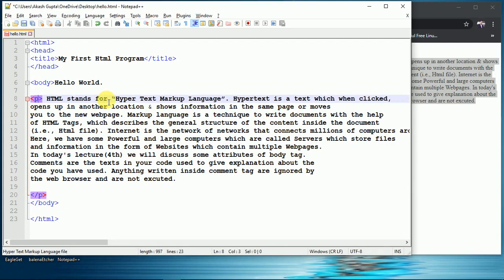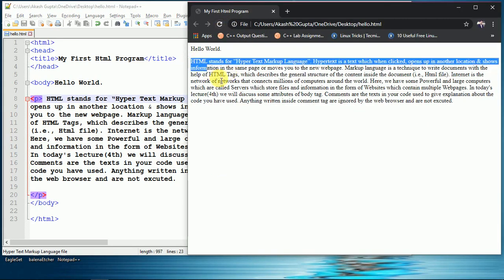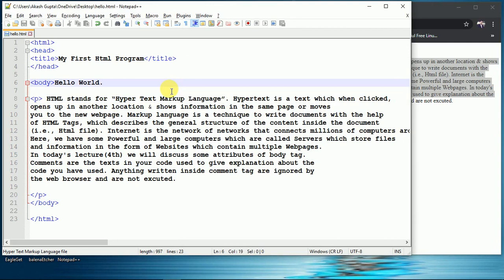So let it be as it was before. Save it, go to the web browser, refresh it. So you can see now it is in its initial position. By default it is aligned to the left of the page. Okay, so now we will discuss